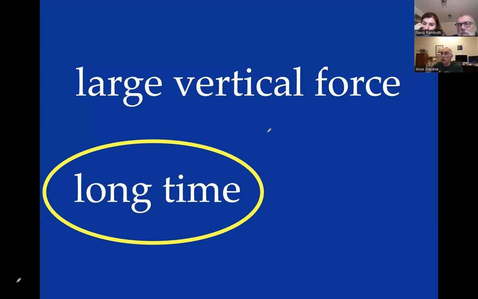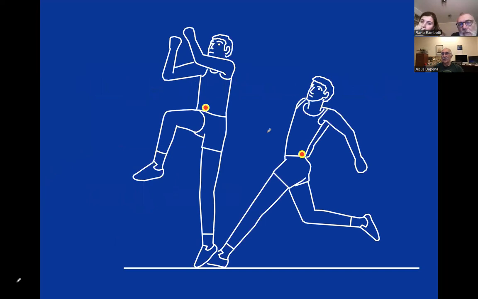Now, this time will also always be short. A high jump takeoff lasts somewhere between 0.15 and 0.20 seconds, which is a very short time. But still, 0.20 seconds is 1/3 longer than 0.15 seconds. So it's a big difference. Okay, so here we have a high jumper at the start of the takeoff phase and at the end of the takeoff phase.